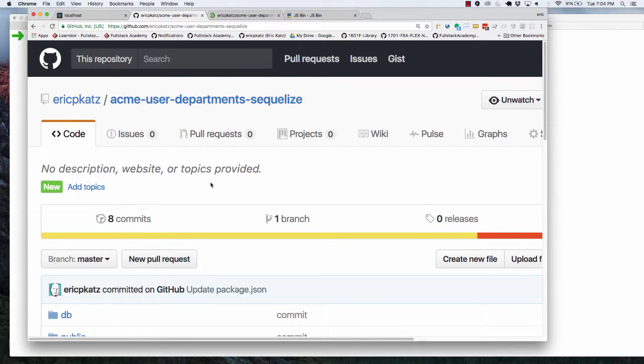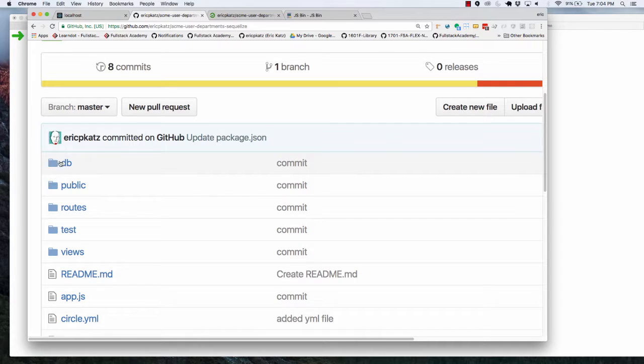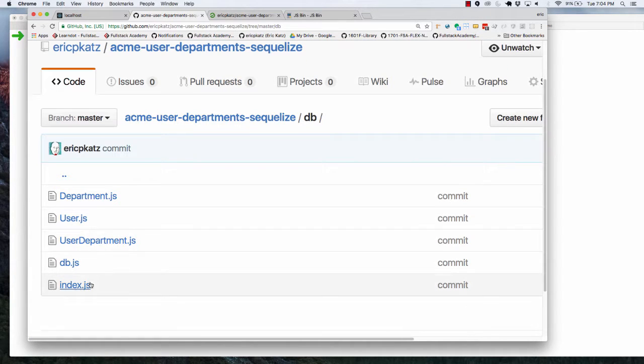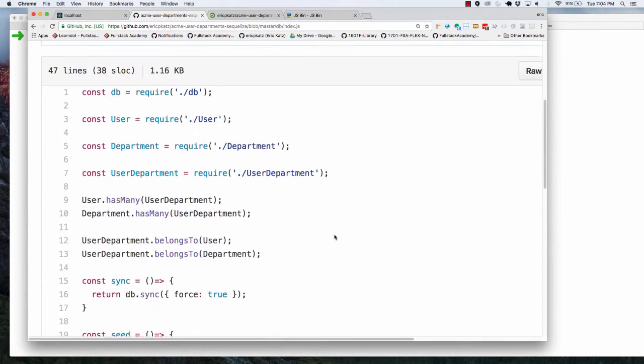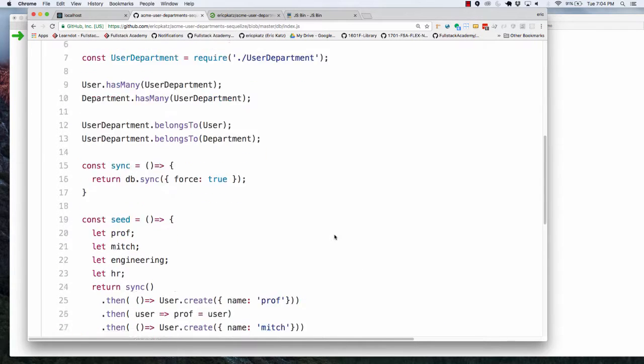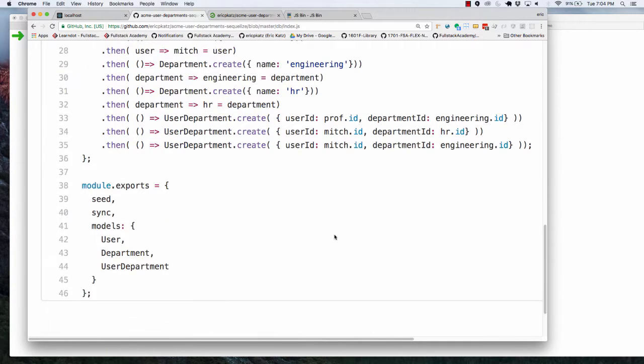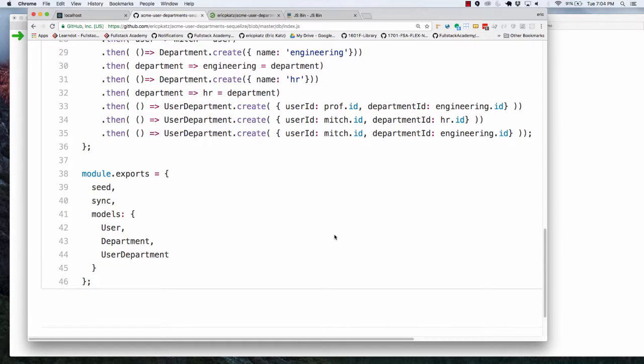So in your database index... Yes, yeah, I didn't really show that too much. If you go all the way down to your export, you export the models directly. Is there any reason you don't use the Sequelize models? I don't like it. I mean, I feel like